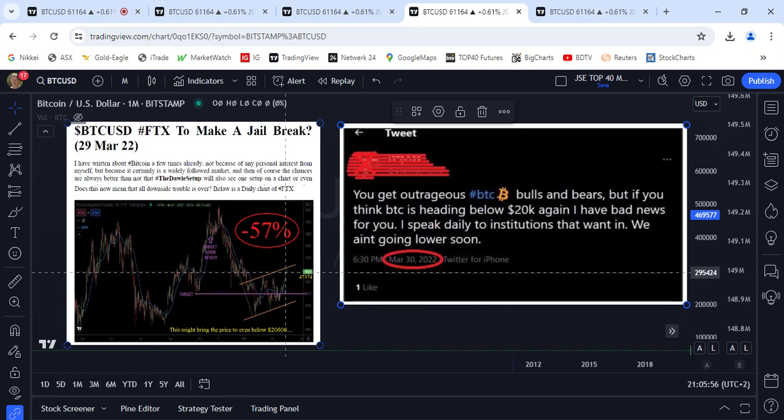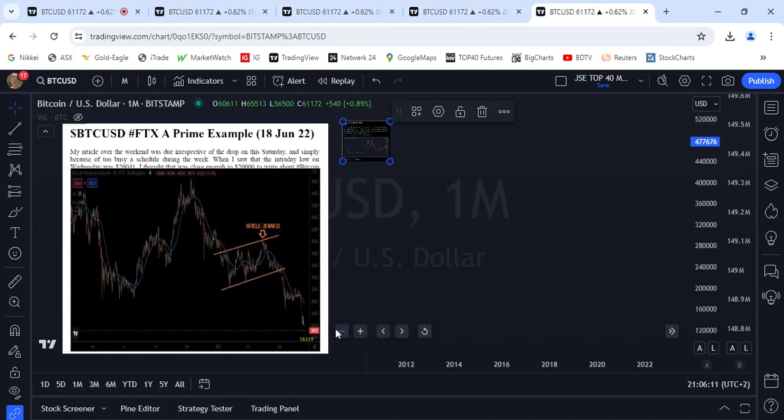If you go to this chart, you will see that the date that he placed this tweet, the 30th of March, was the last date that the price touched that upper line. From there on, we can go to the next one. Here's the outcome. There is the article, marked with an arrow, written on the 29th of March 2022. From there on, I said it could even go below 20,000. You can see in red there, and I've made it a little clearer,